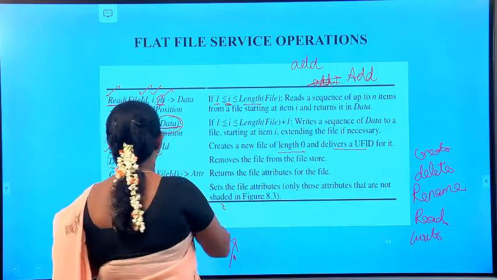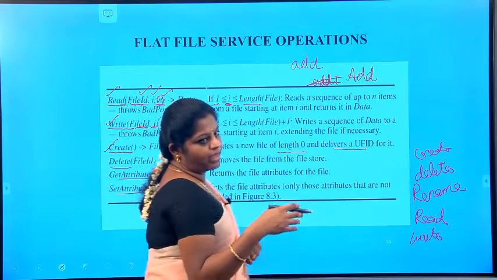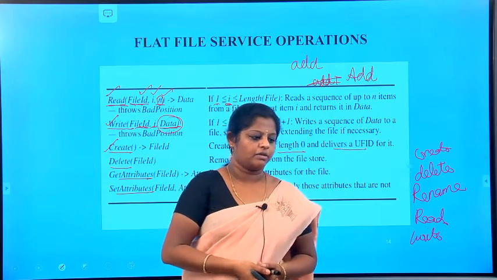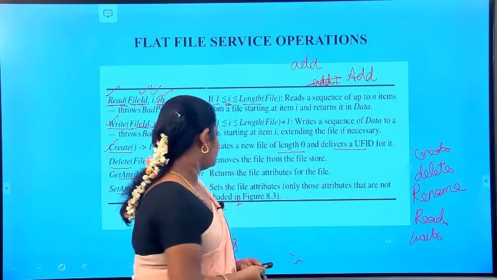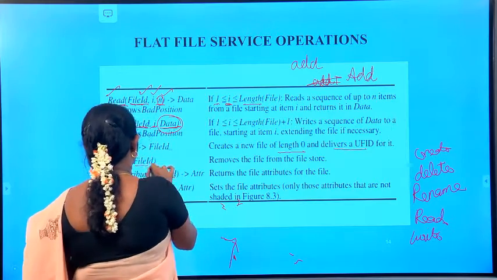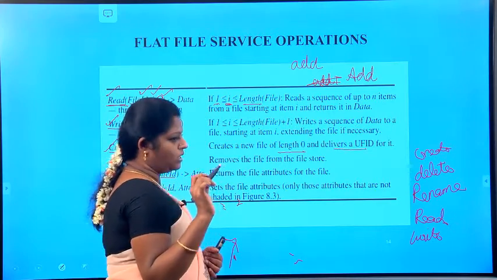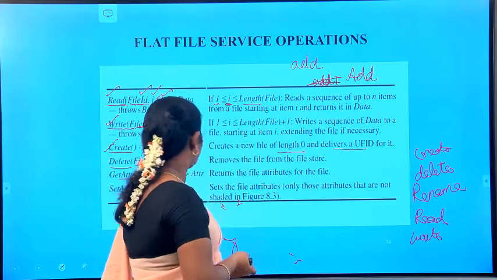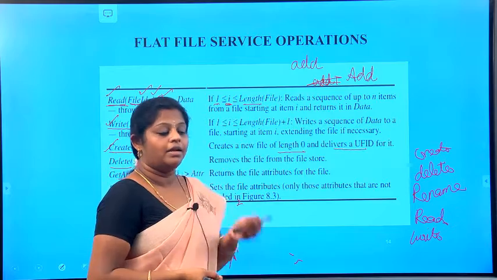And next one is delete a file. So while deleting the file, again I need to mention the file name. Then only we know which file we are going to delete. Okay. So delete removes a specified file. The file name should be entered here. Here also, if the file has an invalid ID, then we couldn't delete the file. So the file should already be an existing file, then only we can delete it.